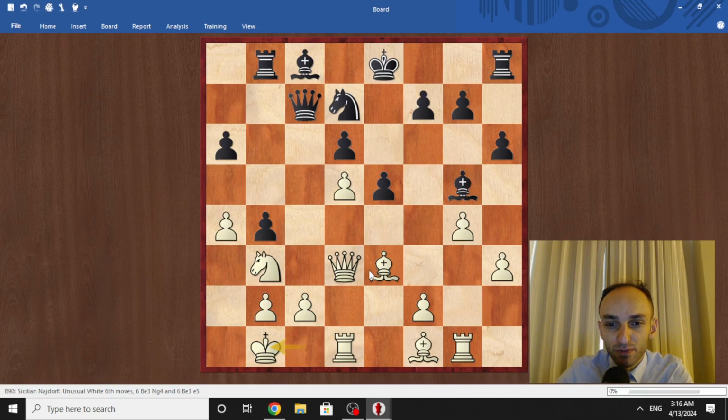Yes, whenever bishop e3, queen e3 comes, let's say the bishop should stand on b7 and the rook on c8. So that's why I played bishop b7. And here my opponent after the game said that bishop g5 would have been...